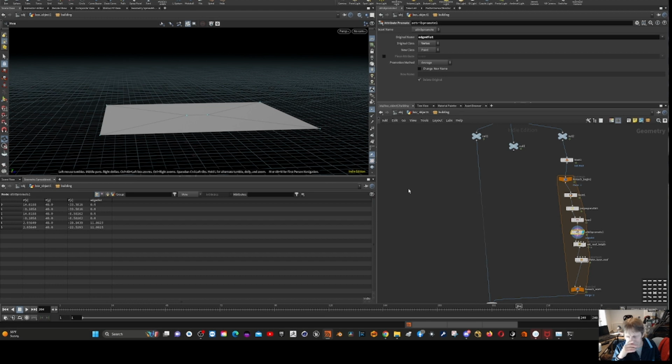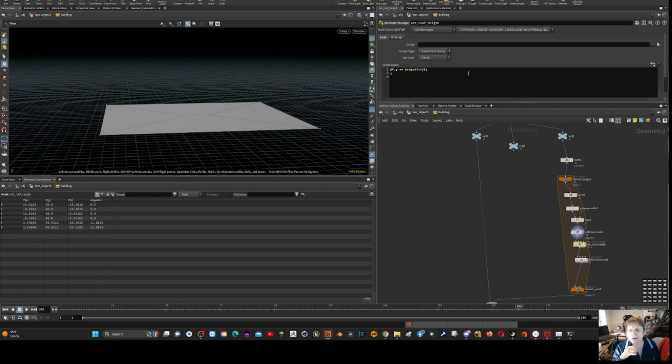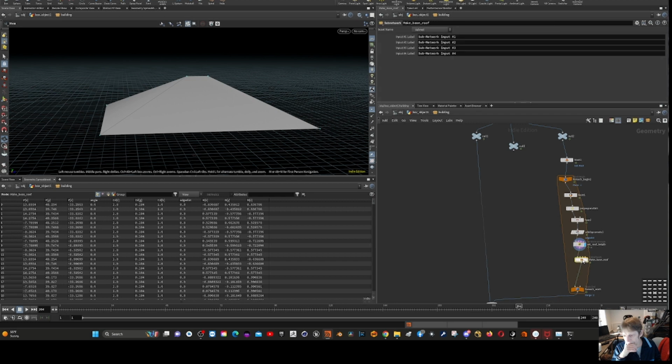And we have all points. Now this is an attribute wrangle. This is how I set the height. He just did it equal to edge length. I thought that was a little too aggressive a roof, so I made this half. You can even make it less aggressive. Make it a third. And then this